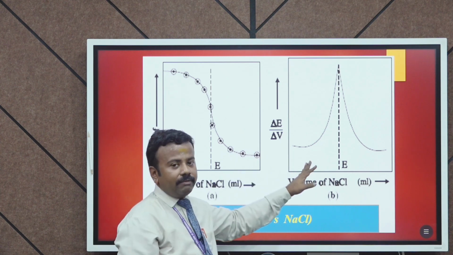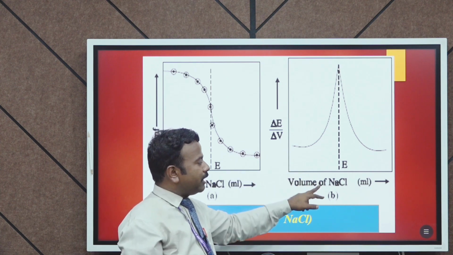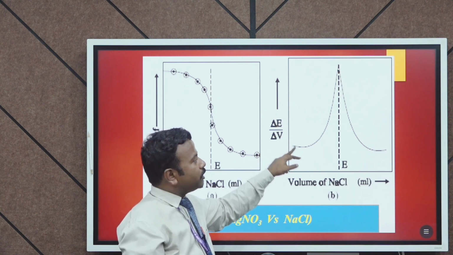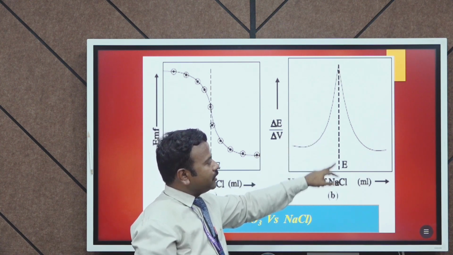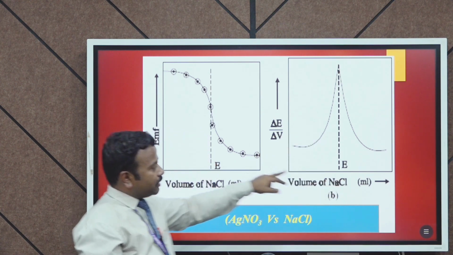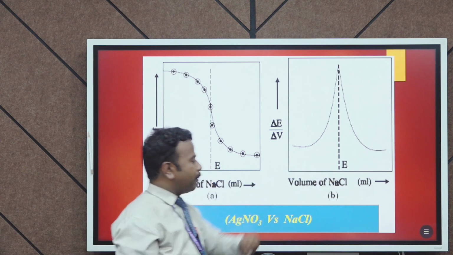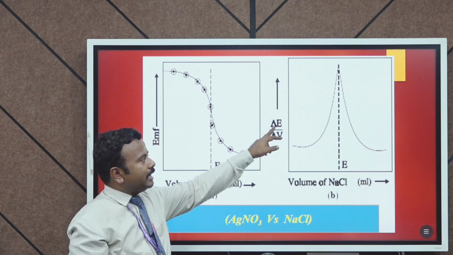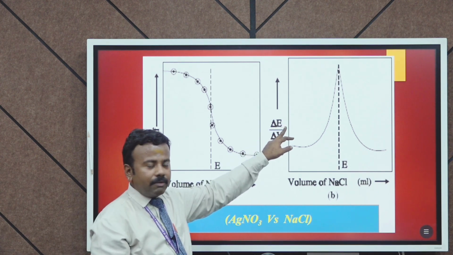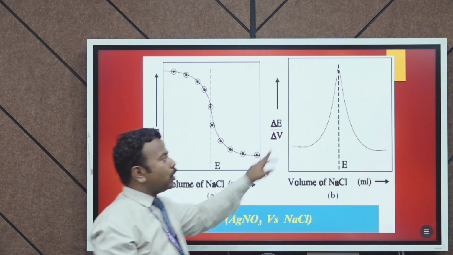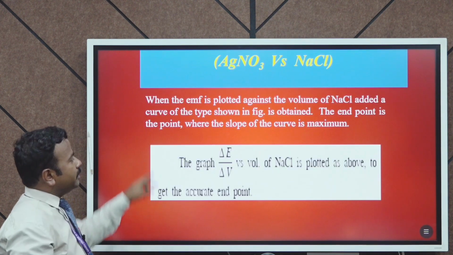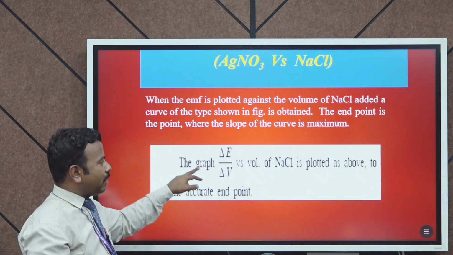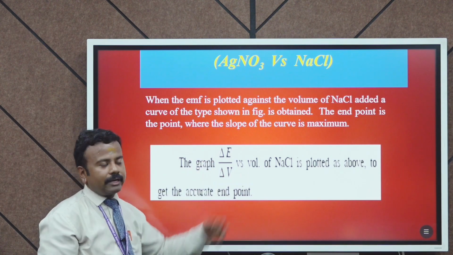So for that we draw the derivative graph. Here the volume of sodium chloride is drawn against delta E by delta V, and we get a graph from which we find exactly the equivalence point. This is called the derivative graph, delta E versus delta V. Delta E means the difference in the EMF, and delta V is the difference in the volume. According to the figure, we draw delta E versus delta V,